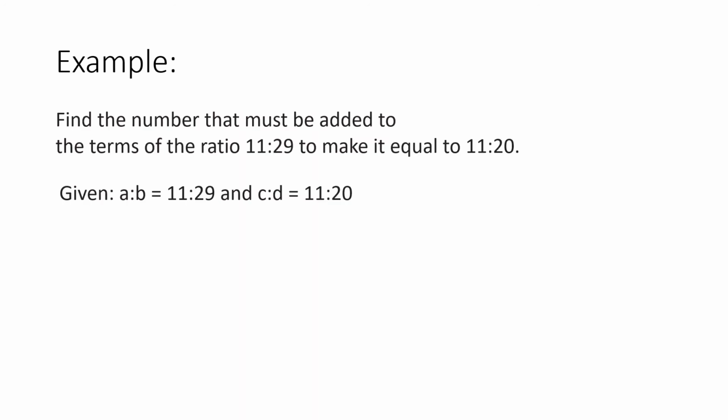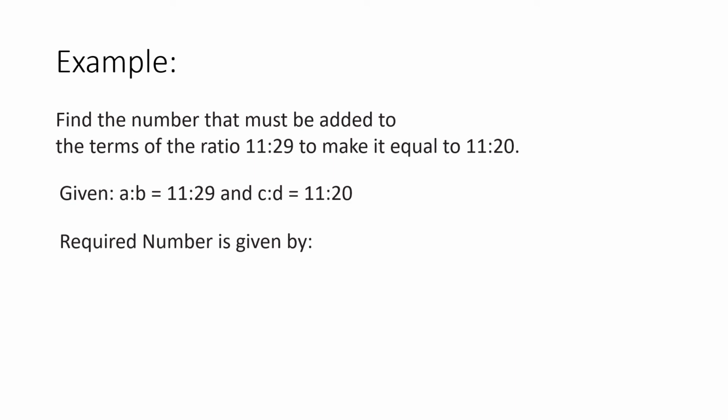So the ratio here is given to us, which is 11 is to 29, which will be A is to B obviously, and C is to D will be 11 is to 20. So this is going to be self-explanatory for everybody, but what is important is you never mess up with the values of A, B, C and D, because if you know that the ratio first comes is 11 is to 29, then it is for sure A is to B, and the ratio 11 is to 20 is going to be C is to D. That is one thing which should be clear at the initial stage.